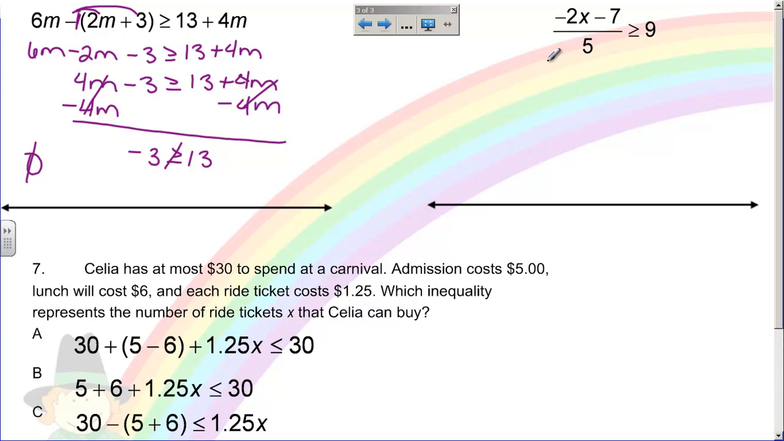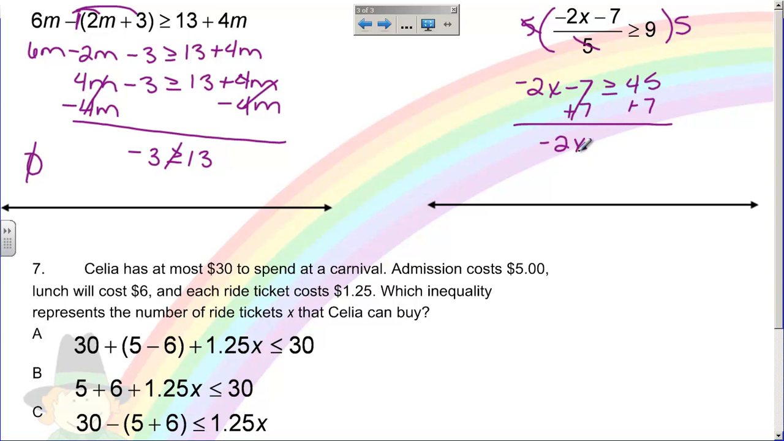So the next problem, I have one that looks like I have a fraction, and so the first thing I'm going to do is get rid of it by multiplying both sides by 5. That cancels out these 5s, leaving me with just -2x minus 7 is greater than or equal to 45, because I multiplied by a positive, so I didn't have to change anything. So I'm going to add 7. So I have -2x is greater than or equal to 52. And when I divide by -2, it flips my symbol, so x is less than or equal to